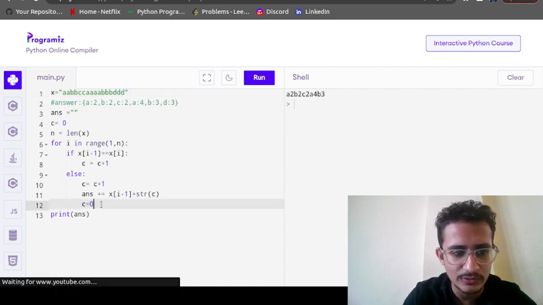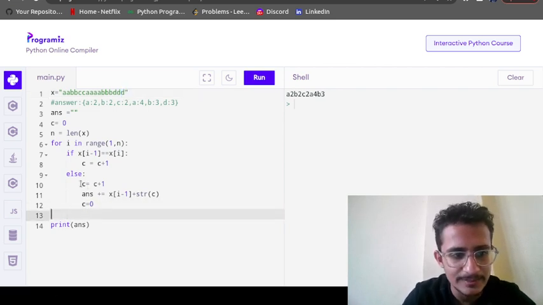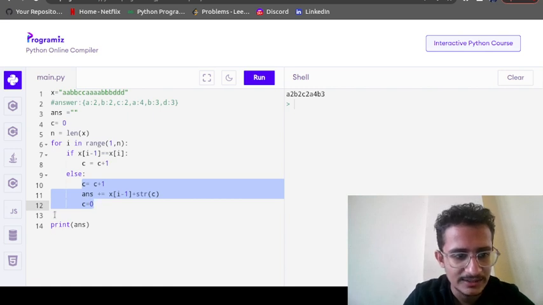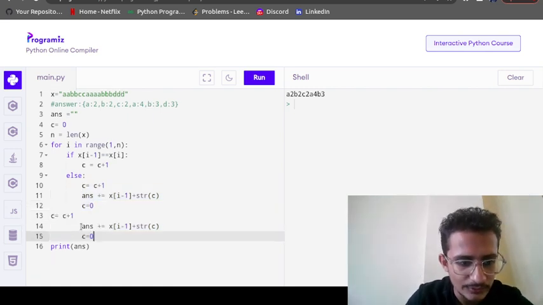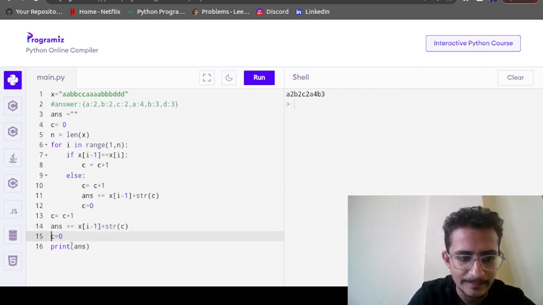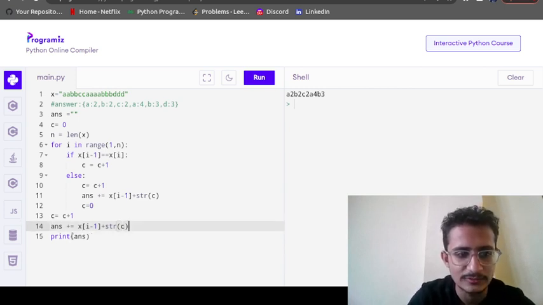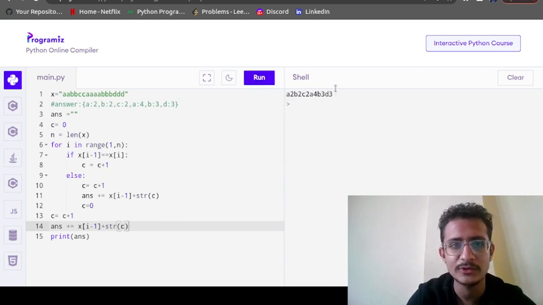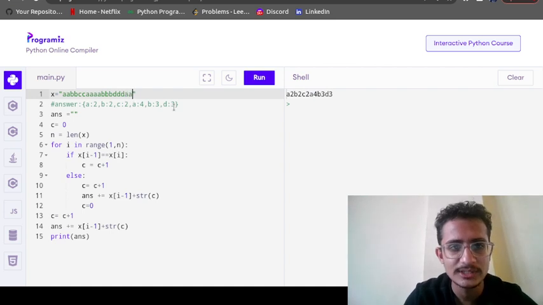So what we can do here is repeat the same steps for the last element. So c will be again increased by 1. We need to add c, but there is no need to make c 0. Now if you see, you are going to get d is equal to 3. So the output is the same. Let us try to change AA, so you are going to get A2.